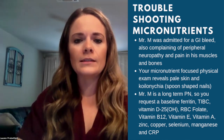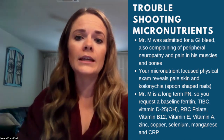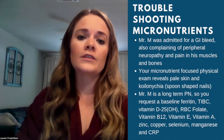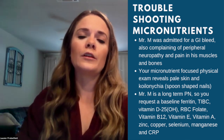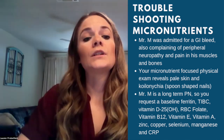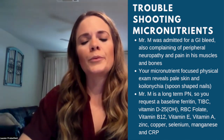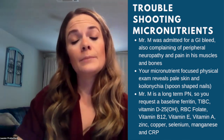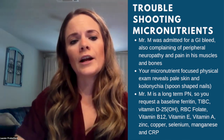During my assessment, he complained of peripheral neuropathy and pain in his muscles and bones. Our micronutrient-focused physical exam also revealed pale skin and koilonychia, which is spoon-shaped nails. So because Mr. M was on long-term parenteral nutrition, I requested a baseline ferritin, TIBC, which is total iron binding